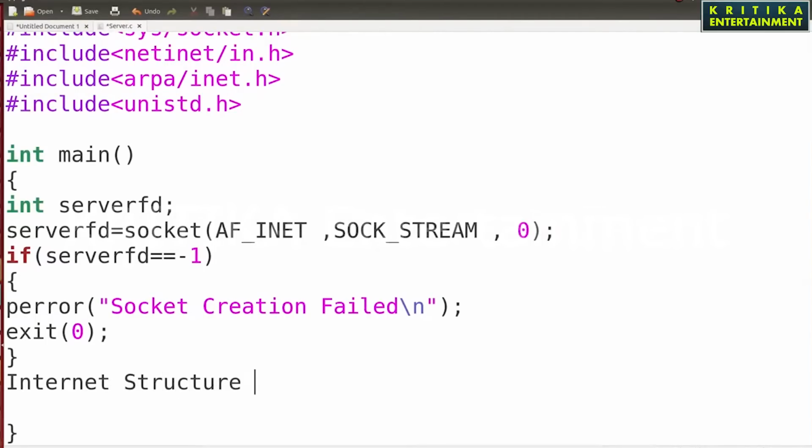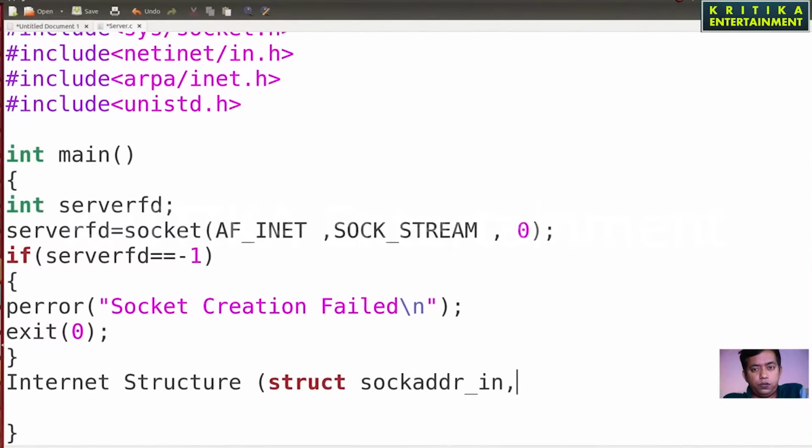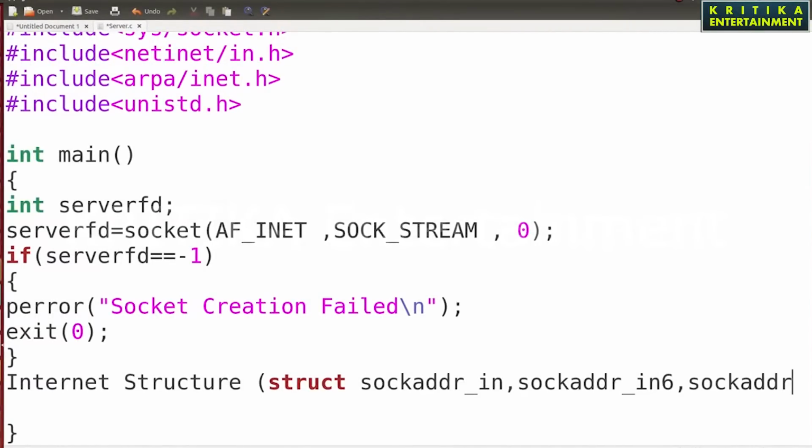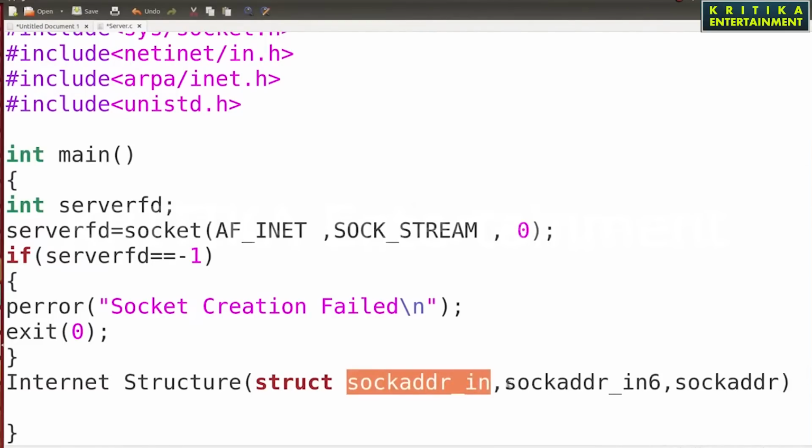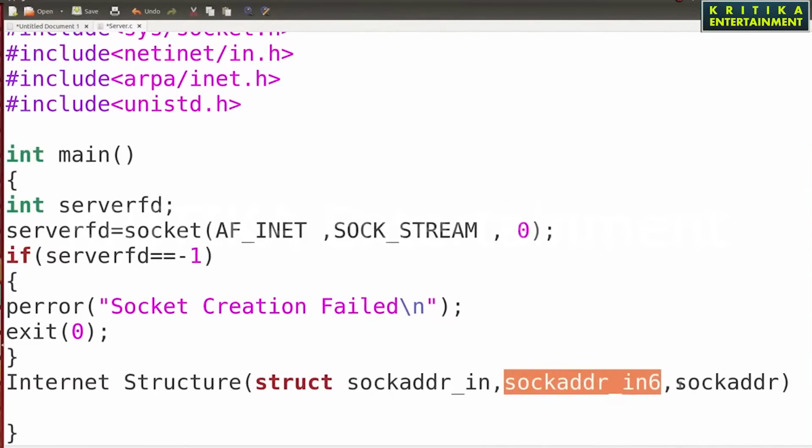There are 3 types of structures: sockaddr_in for IPv4, sockaddr_in6 for IPv6, and sockaddr, a generic structure.